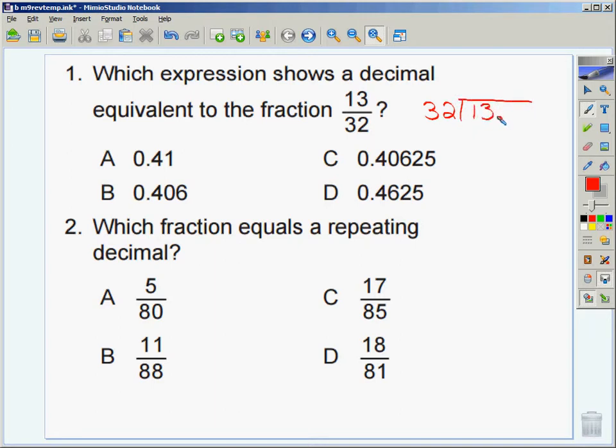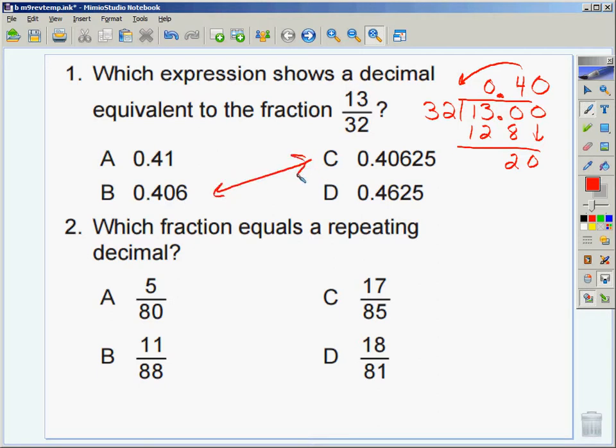You would take 13 and divide it by 32, and we would use long division to do that. 32 doesn't go into 13, but 32 does go into 130 4 times. And we would multiply. So 4 times 2 would be 8. 4 times 3 would be 12. And then we would subtract, and we'd bring down the next 0, and we'd see that it doesn't go into it again. So it leaves me kind of between